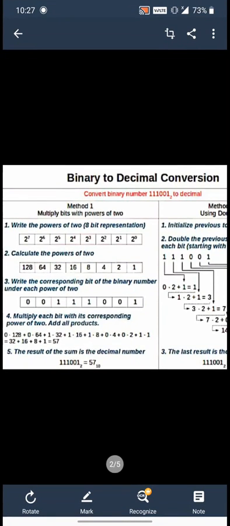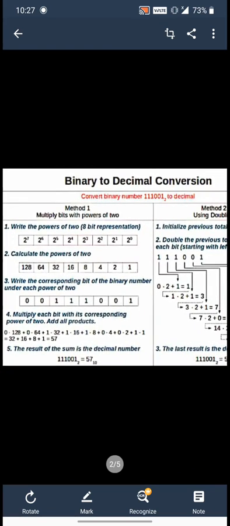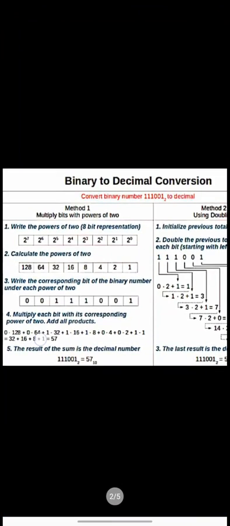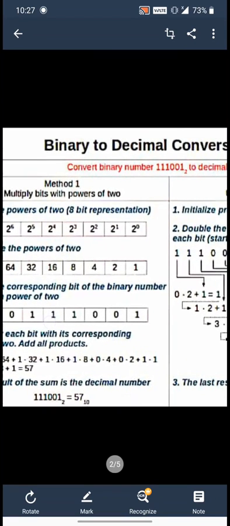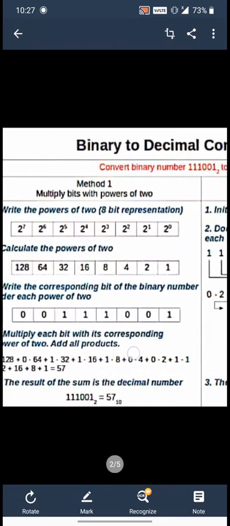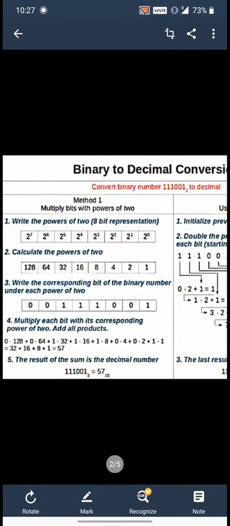And when you are in the second last step of adding the numbers, you will only see 4 values, like 1, 2, 3, 4. The first value is 32, the second value is 16, the third value is 8, and the fourth value is 1 itself. Why 4 values only? Because 4 ones were there, and in other cases 0 were there, and 0 into any number will give you 0. So as many ones as there are, that many numbers should be there in the addition also. On adding all these numbers, you get the equivalent decimal number, which is 57. That is the sum of 32, 16, 8 and 1.